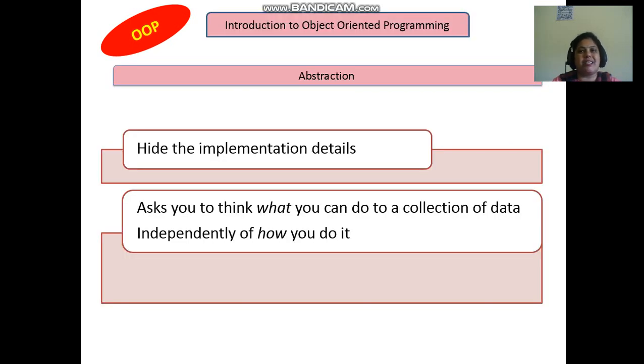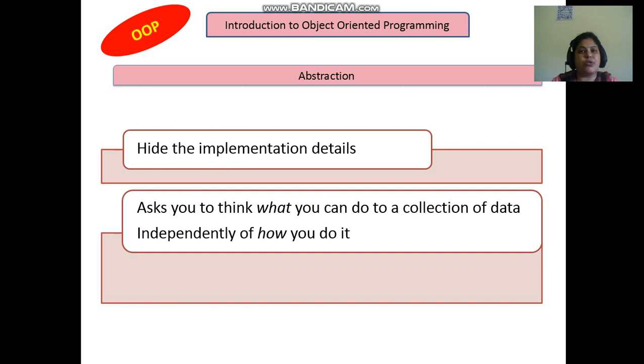Now, abstraction is another concept of OOP. Encapsulation hides the data details, whereas abstraction hides the implementation details. Means how the function is executing, that function is doing what kind of activities, that is not shown to others, and thus it is known as hiding the implementation details.